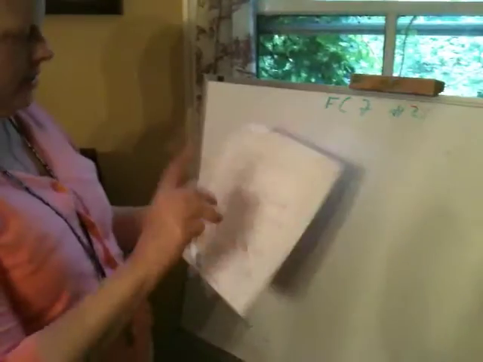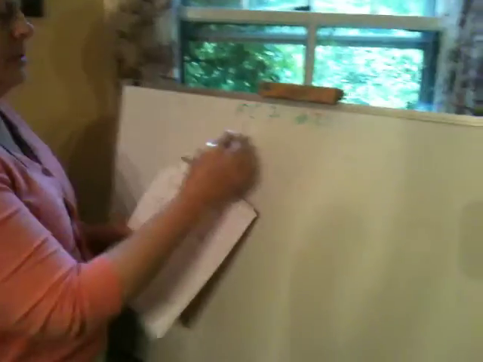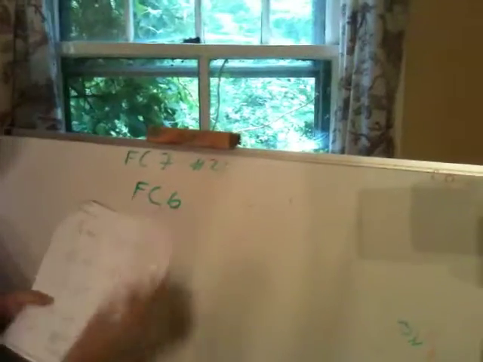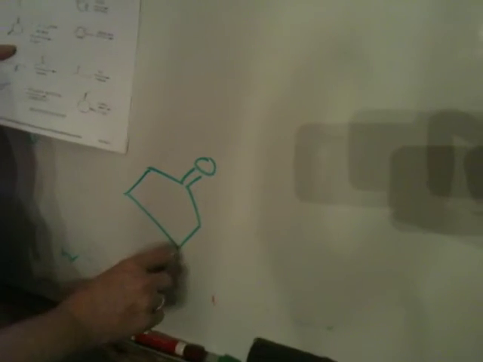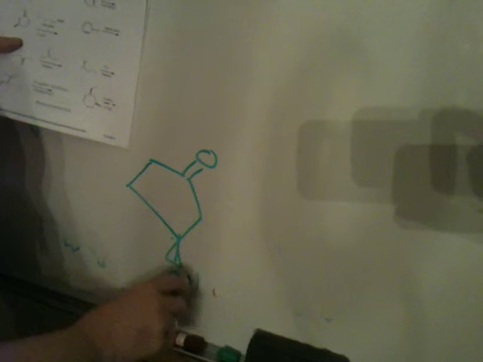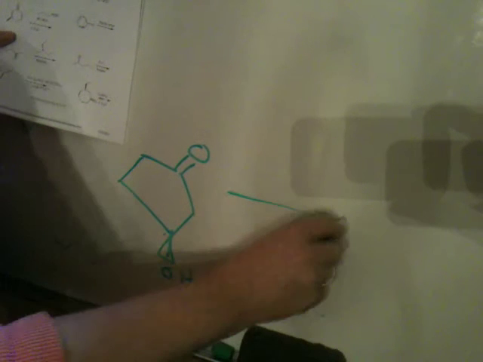The last thing I want to say about these sheets is, I should say one other thing about flashcard number 6. Down on the bottom corner, lower left corner, there's a reaction with a reagent, trimethyl